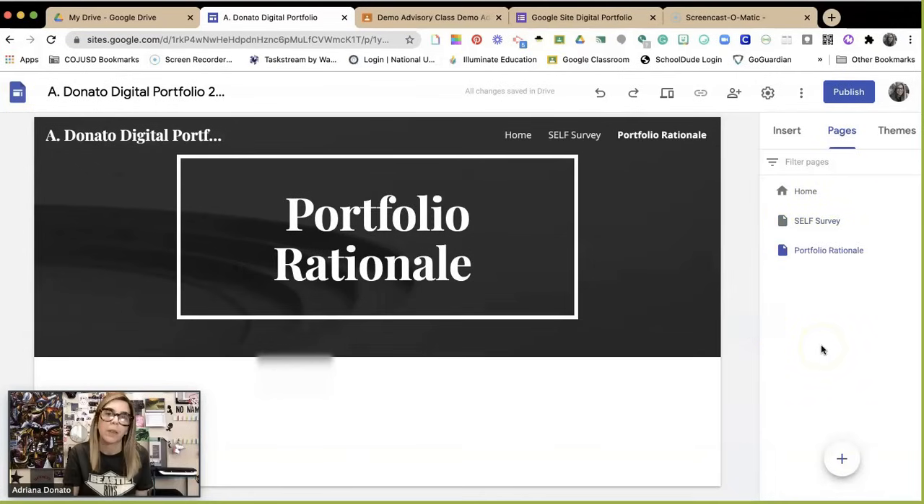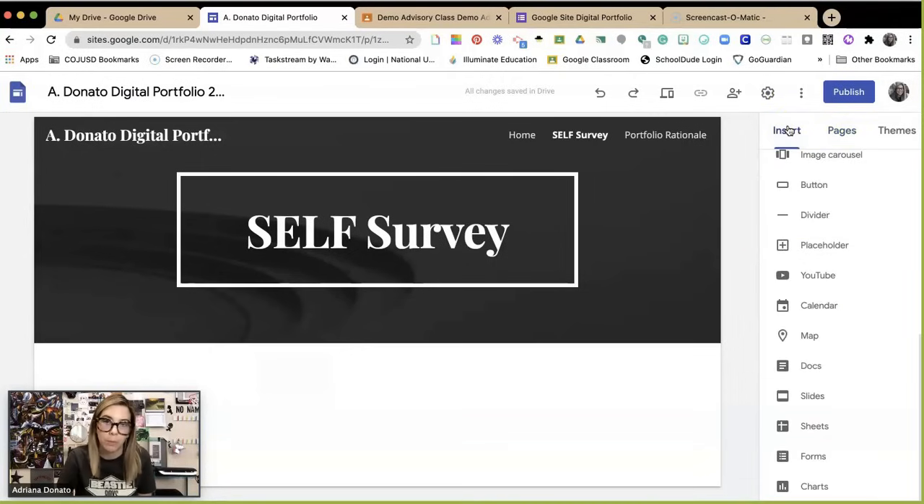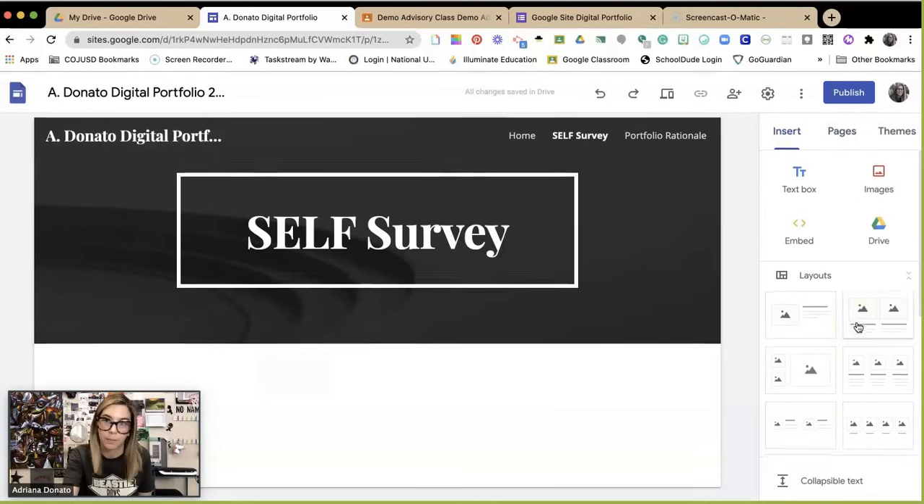There we go. So now we need to upload our artifacts to these pages, and this is where the fun part happens. So we're going to go to our self-survey page, and this is also why I had you create the Google Drive folder. We're going to go to the Insert button,